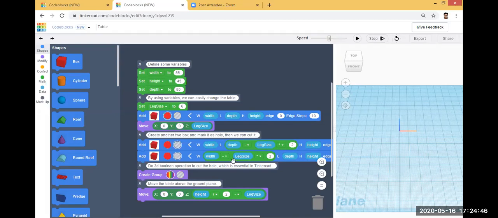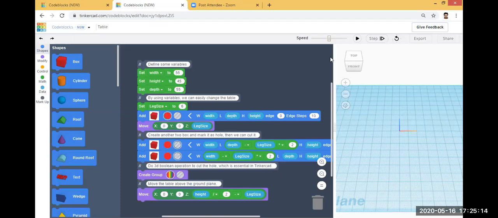So here what happens is you are first creating a box, say with dimensions 55, 45, and 55. Then you are adding two rectangles. Then you are removing these two rectangular portions from the initial rectangle, such that you will get a chair-like structure. So that is the overall idea behind this.